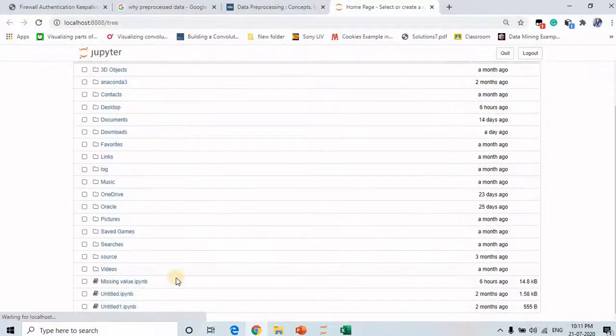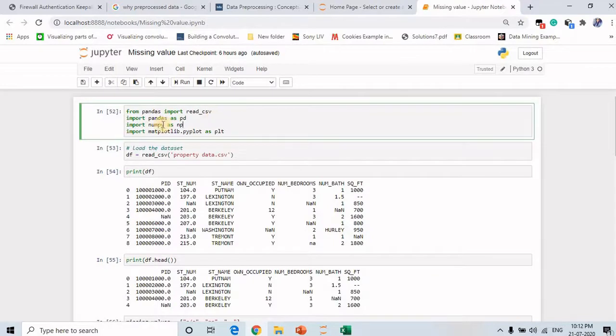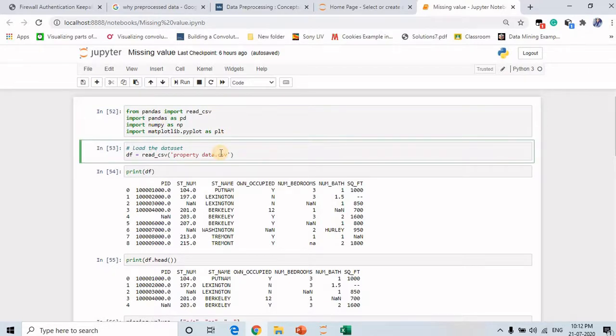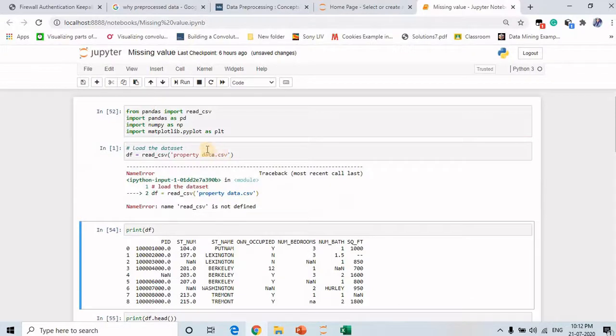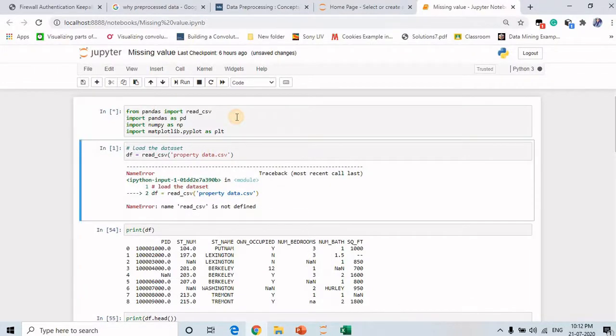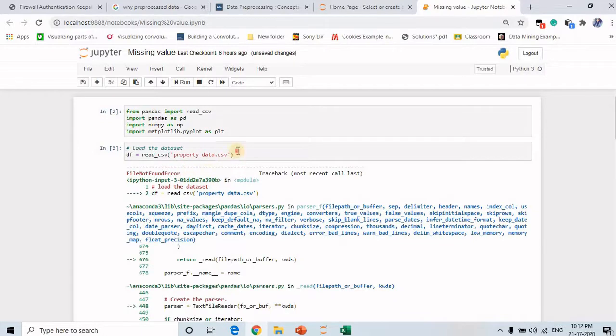Let's open it. I already coded this, so I will show you how we can do it. For that I used libraries like pandas, numpy and matplotlib. First I read a CSV file of that dataset, so for that I have to import the file. Next I read the